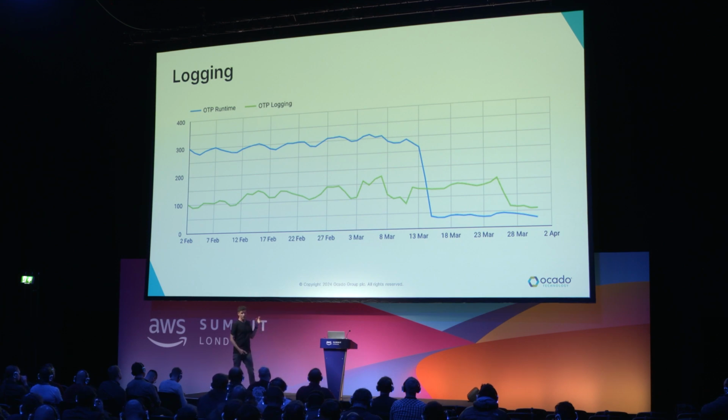I actually think this graph is really interesting just generally, right? It shows just one of our apps. And you can see at the start that the compute cost was about 3 times the logging cost initially. Then around mid-March, the compute cost was dramatically reduced. I think this was an auto-scaling policy change.